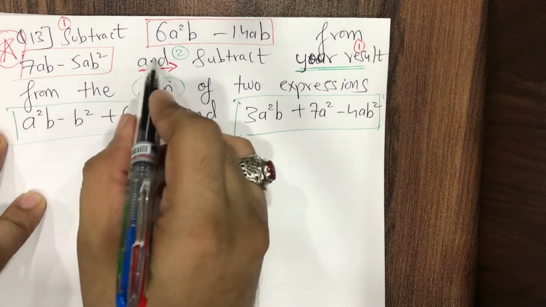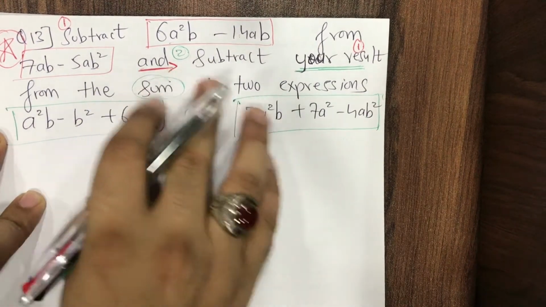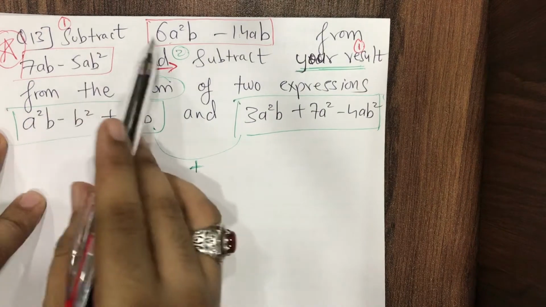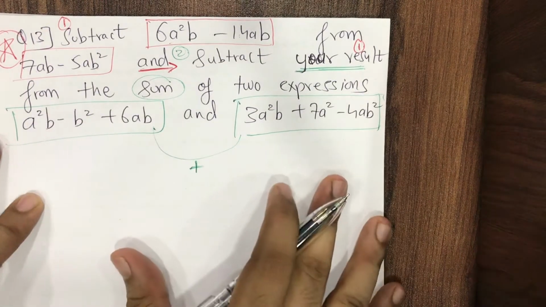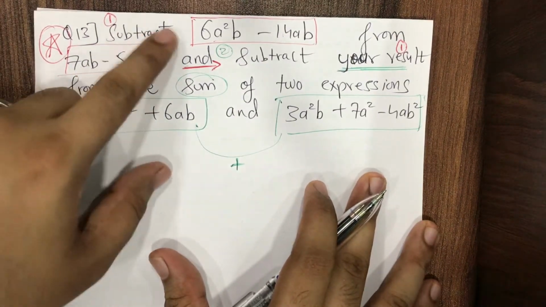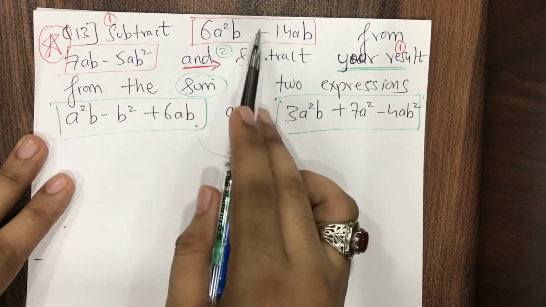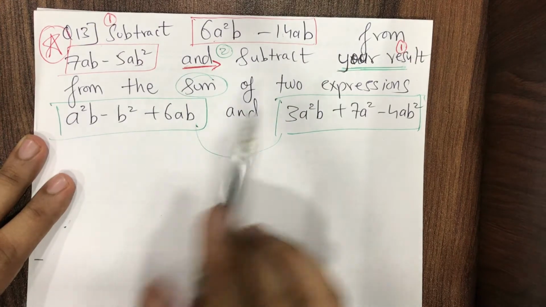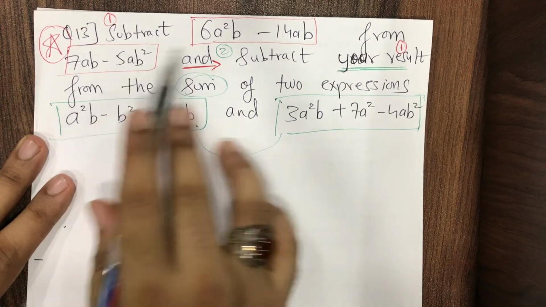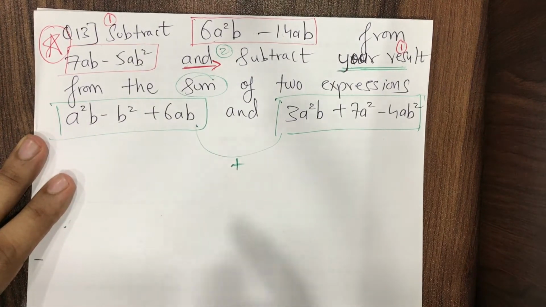So this second part after the word 'and', I have named it as the second case of the question. This is my first case, this is my second case. Okay, I'll start with the solution, students. No hurry. First, we will just see about the first case. Our first case is subtract this from this, and obtain the result, the red color part. Okay, so I'll start with my solution.